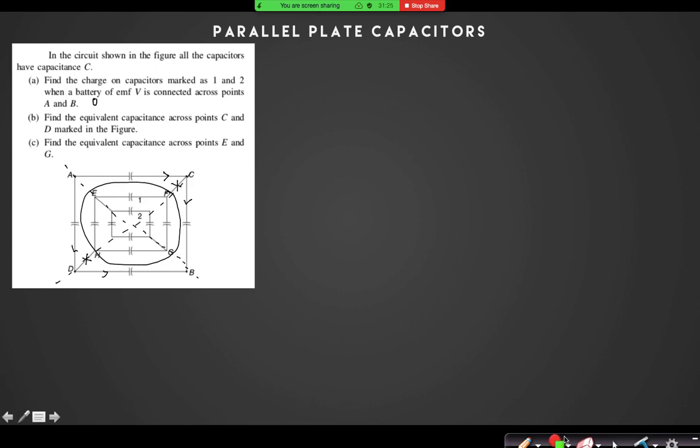By current here, actually I am talking about charge, because charge comes by current only. We will talk a bit later about how the capacitors are actually charging by current. But we can now assume the charge instead of current. The same property will be there. Now the current in A, 1 and 2 will be 0.